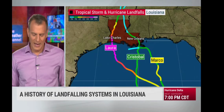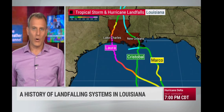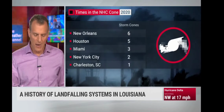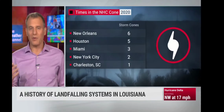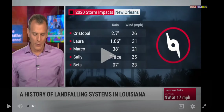There are the 3 that we've had. Laura, far and away, was the worst. It was a Category 4 hurricane making landfall around Cameron, really did a number on us in Lake Charles. Marco barely grazed us, and Cristobal brought us some wind and mostly rain more than anything else, slow-moving systems. But 6 times New Orleans has been in the cone, more than any other city in the United States. Houston, 5 different times we've been in the forecast cone this season. So for New Orleans,